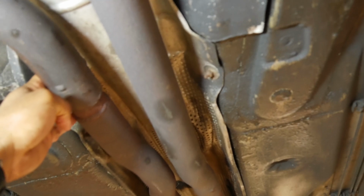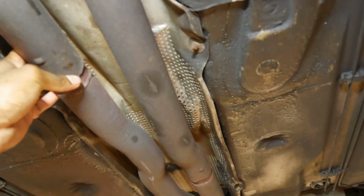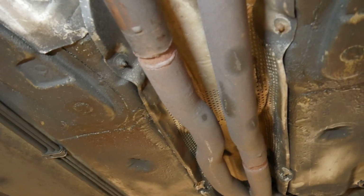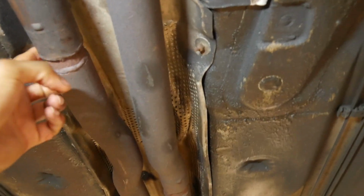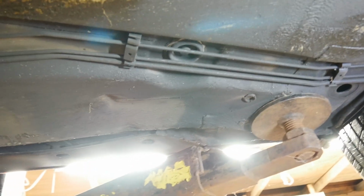I was at the tail end of the semester in undergrad. I just needed to get it fixed. I didn't have time to crawl under, and then with the last few weeks and then finals coming up, so now they just put this in here, and now when we actually want to swap the exhaust, we'll fight with that. But aside from that,